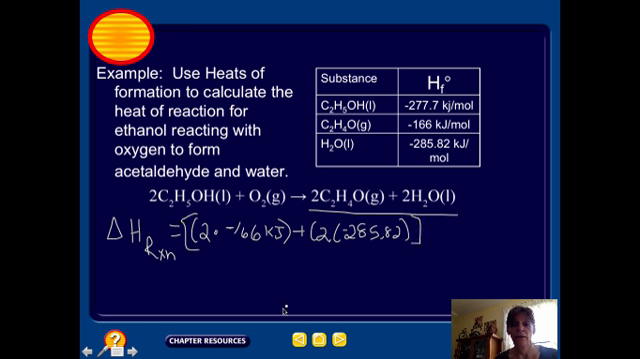Block those off. That's the change in heat of formation for the reactants, how much energy it takes to make those chemicals from their elements, minus the delta H of the reactants. We've got a number here for ethanol. It's 2 moles of it times negative 277.7 kilojoules. And when you add those all together, do the math, you should get,